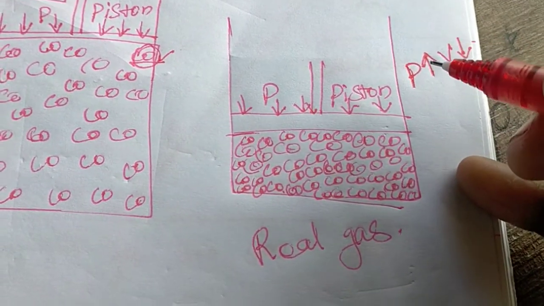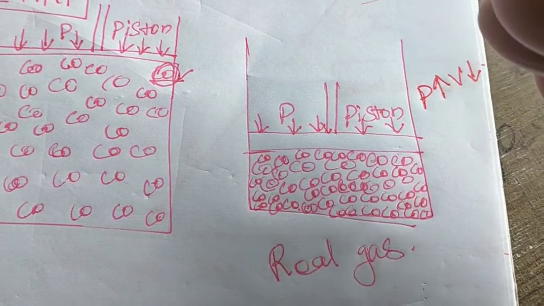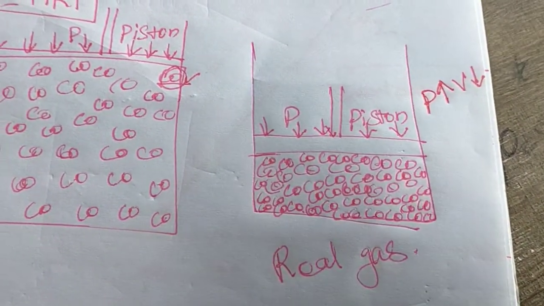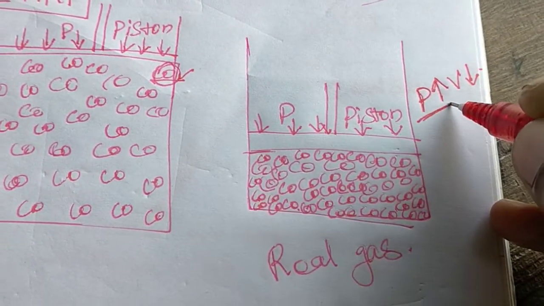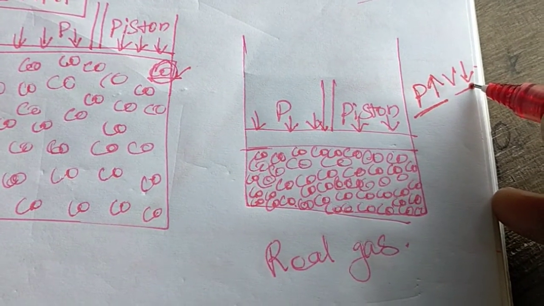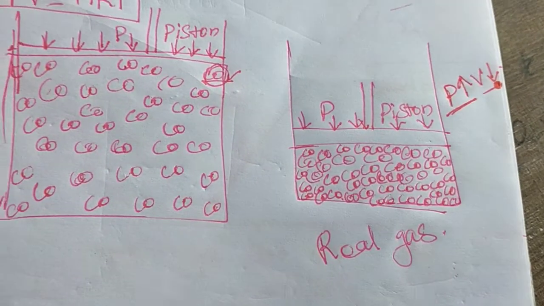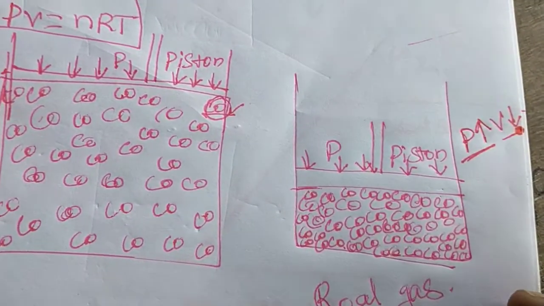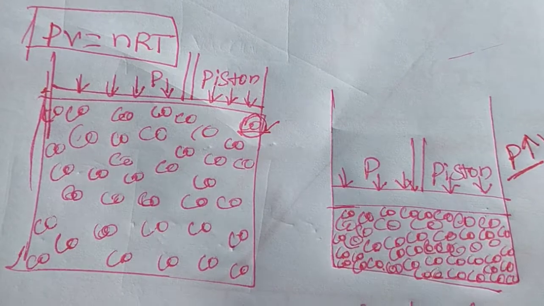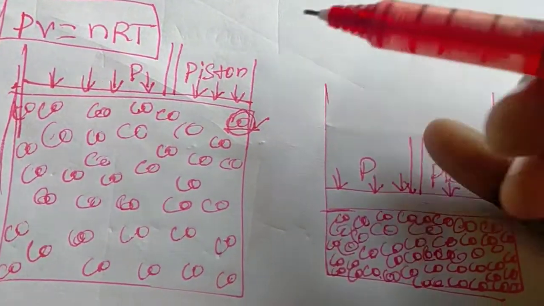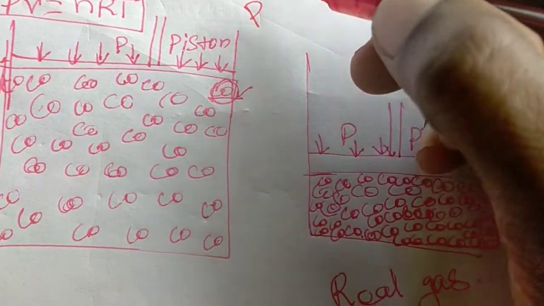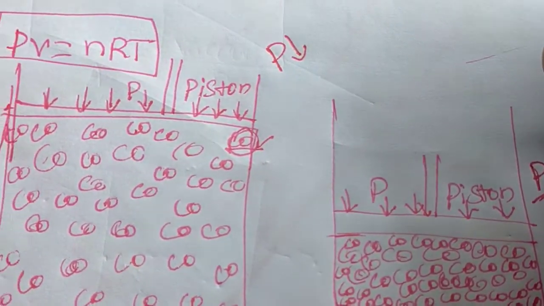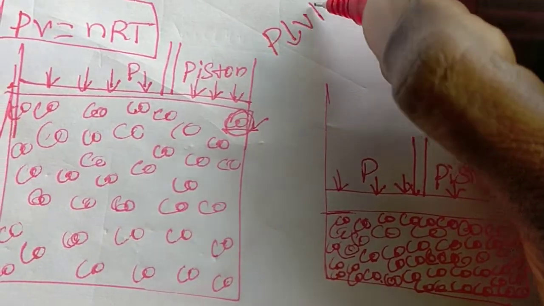When increasing the pressure, that means the amount of pressure applied on the system is increasing. So increasing the pressure, volume is decreasing. Because of increasing or applying the pressure on the system, the volume is decreasing. So what is opposite to that? When decreasing the pressure, or the minimum of pressure, the volume will be increased.